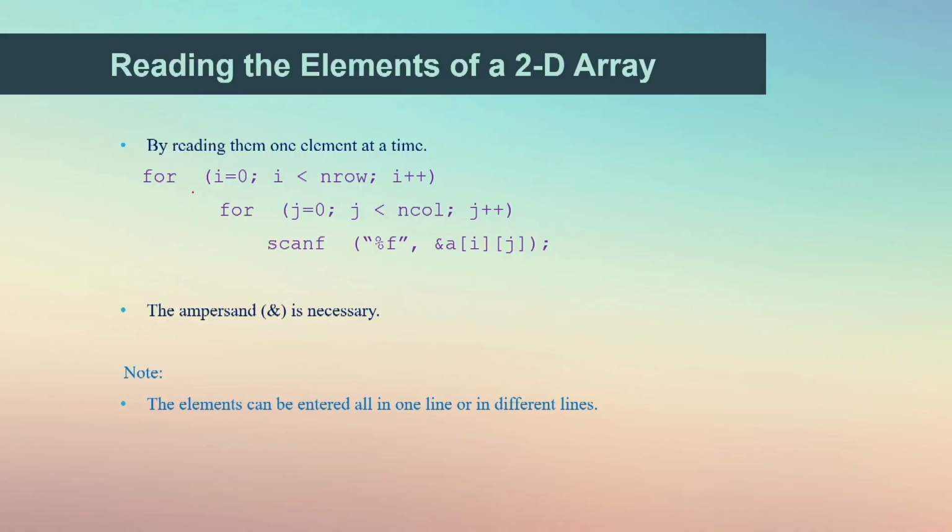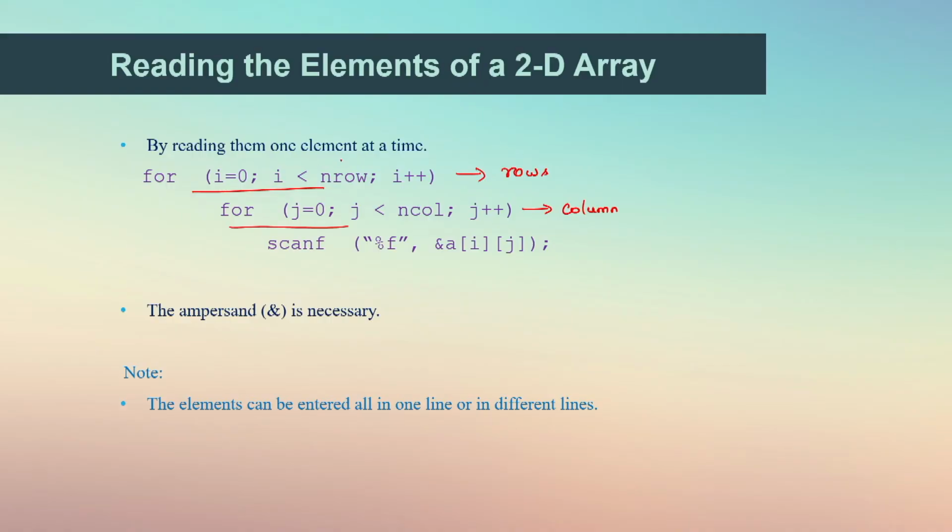Hope you would now be able to understand how the two-dimensional array is stored in the memory, and how we are able to access it according to the address storage. Now, how can we read the values of a two-dimensional array? We can make use of 2 nested loops. So, the outer loop will be the one used for representing the number of rows. How many rows you have, to that extent we have to use the control variable of that for loop. The inner loop will be to represent the